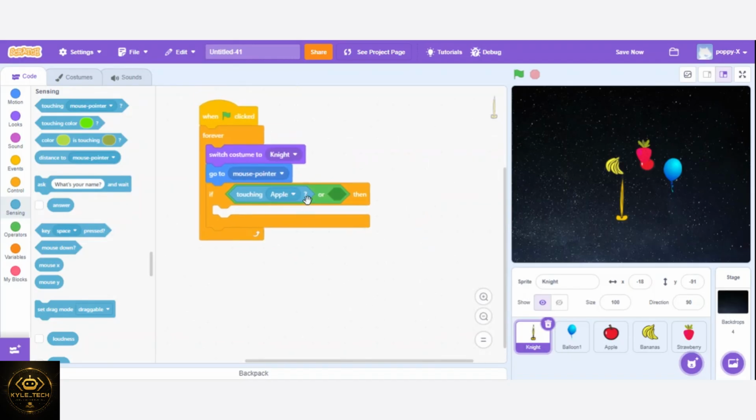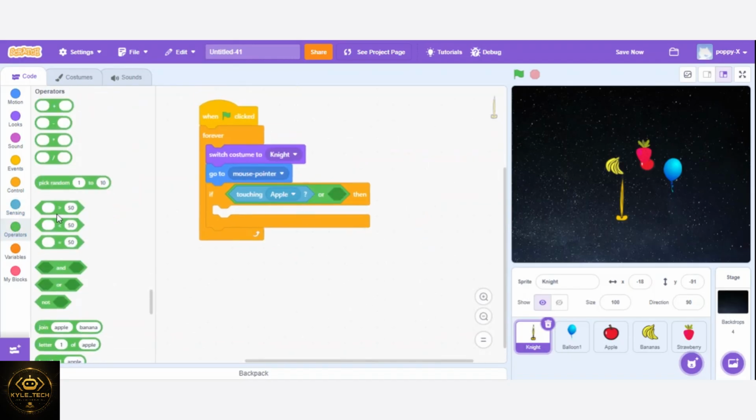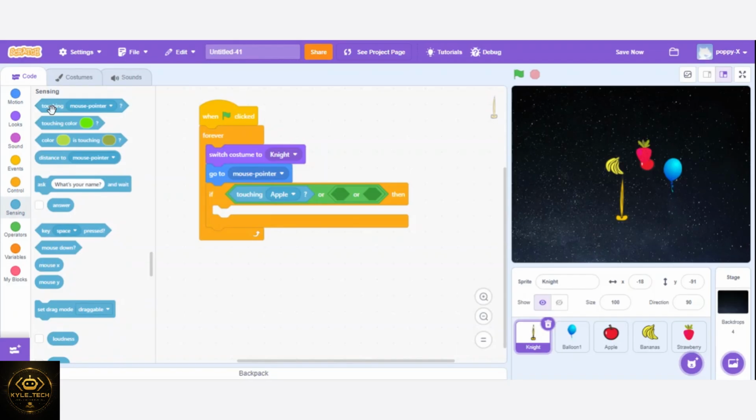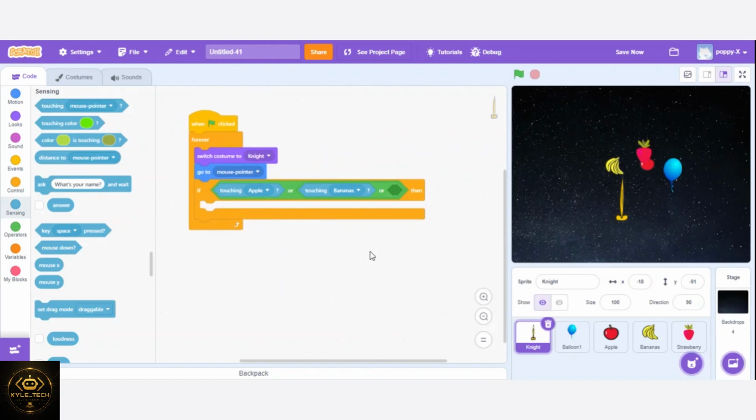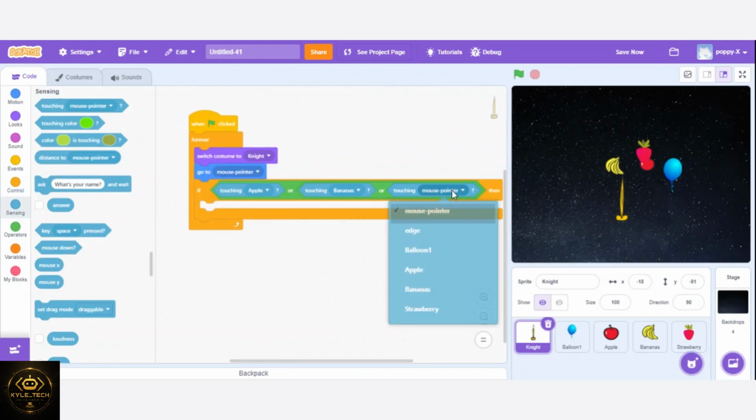If touching apple, or go again to operators, we need more because they are more. If touching apple, go to sensing. If touching apple or touching banana, or touching banana, or again, or touching, the last one is strawberry. So these three, if it touches either apple, banana, or strawberry, what is supposed to happen? That is the condition. When it touches them, the first thing we are going to do is we are going